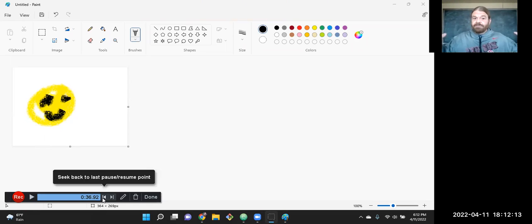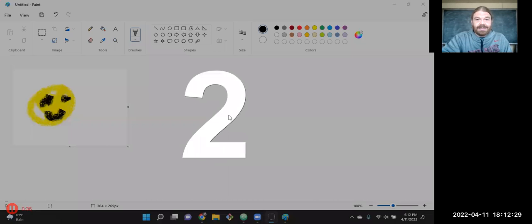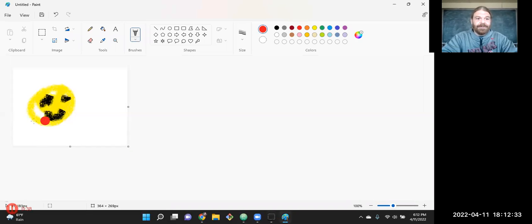You can pause it and put multiple breakpoints in there. If you do several pauses along the way, you can jump back and forth between them to do some editing along the way if needed. Frankly, I've found it's a lot easier just to do stuff. Let me put a pause point in there to show you. So maybe record this. I'll put a big line on the smiley face. Whoops, didn't mean to do that. So pause.